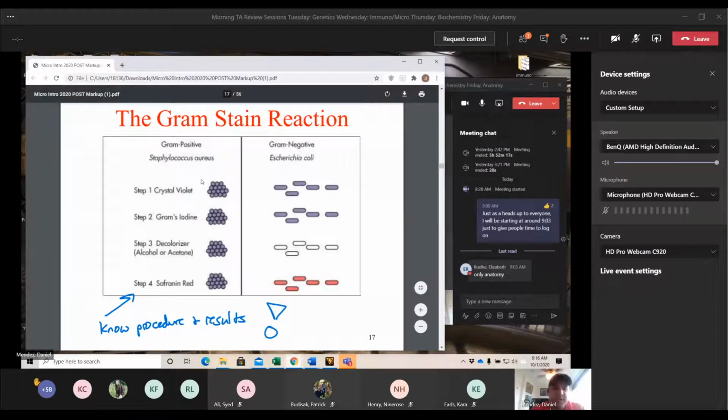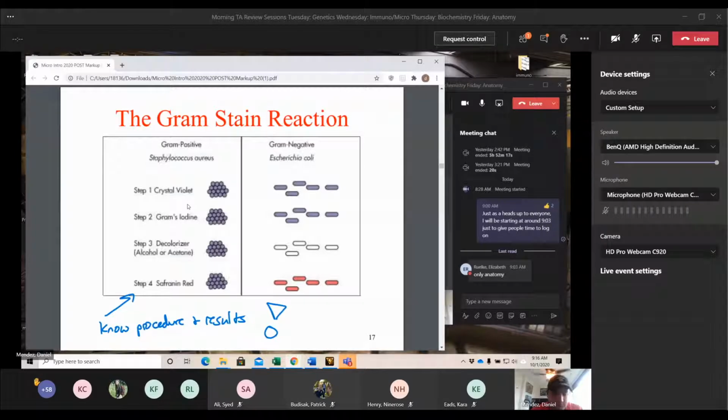So here, if we have a gram positive and a gram negative, with both of them, when we apply the initial stain, the crystal violet, both will stain purple. Now the crystal violet is actually staining the cell wall. So it's staining the peptidoglycan. You then use the iodine, which is known as a mordant. What that does is seal in that crystal violet into the peptidoglycan. So because we know gram positive have a very thick peptidoglycan wall, the iodine seals the crystal violet very firmly into their cell wall.